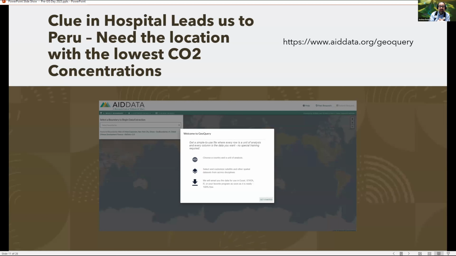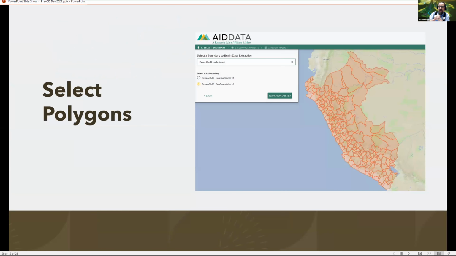The next clue, the clue in the hospital, is taking us to Peru. So what we need to do now is locate the location in Peru with the lowest CO2 emission concentrations. We're going to use aiddata.org, their GeoQuery site. This is another really phenomenal international data source. And at the AidData site, it's quite small, but if you can trust me,